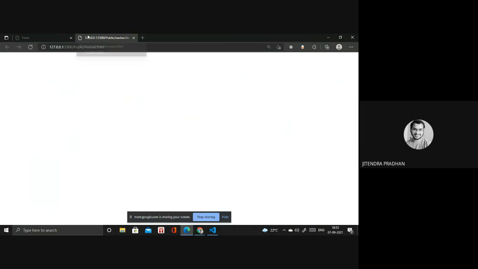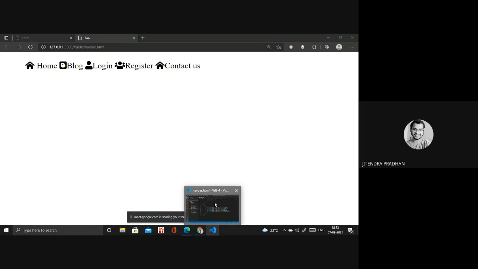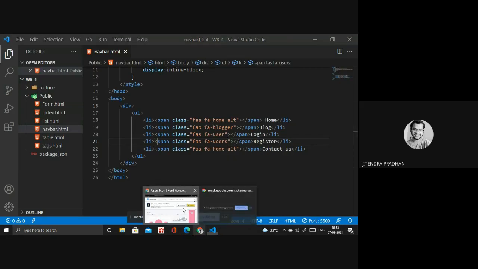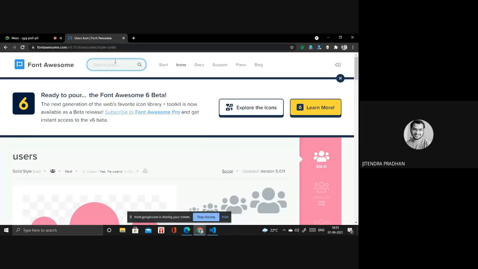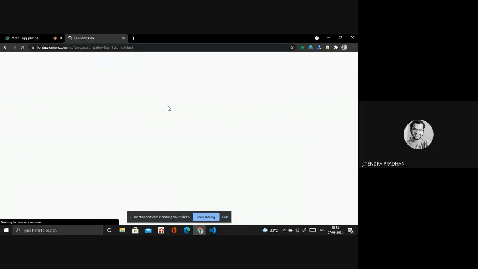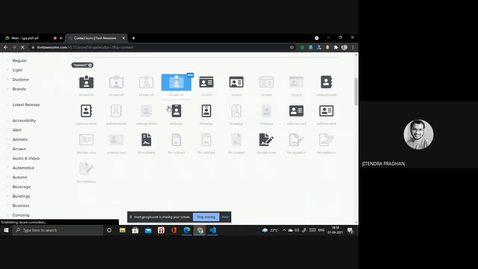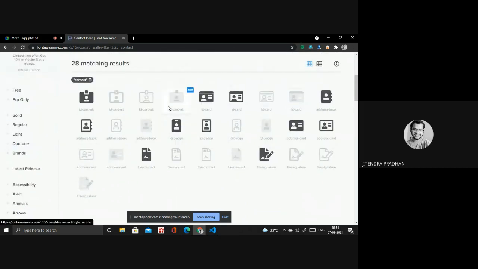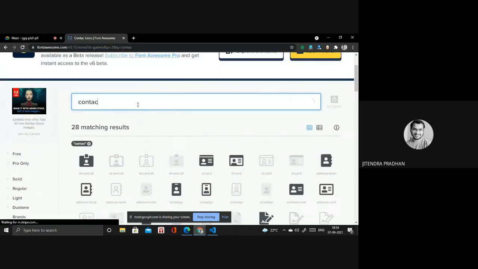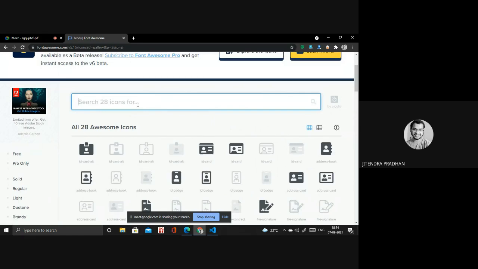One thing is already done. So I need one more icon. What is that? It's the contact icon, right? It's a bed, but I need a phone call. I will write mobile or phone.